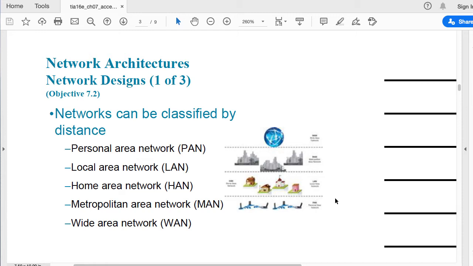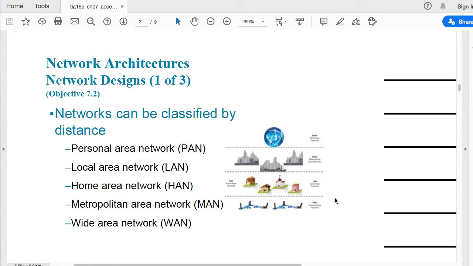So let's say that we have two nodes residing in Tallahassee. They are in a MAN. What if I am establishing a communication between a node in Crawfordville and one in Tallahassee, right? That seems like a metropolitan area network. What if we expand that a little bit more?